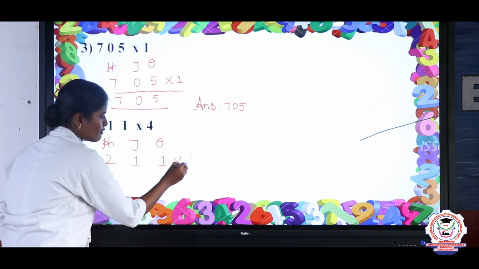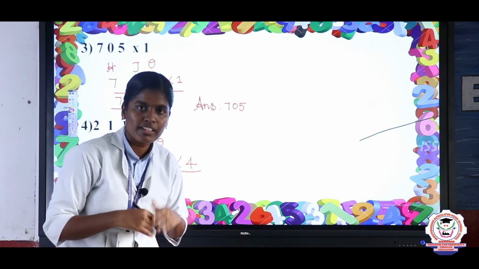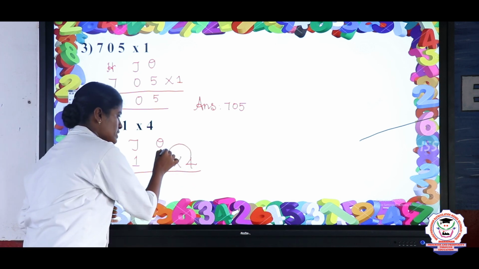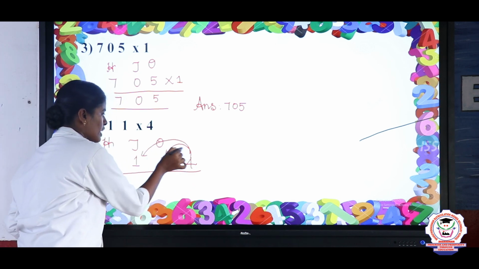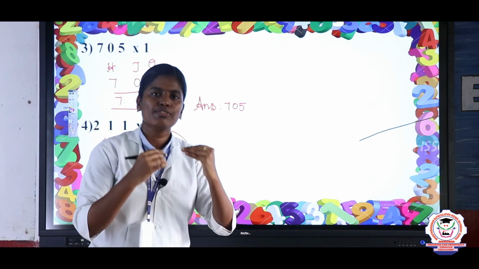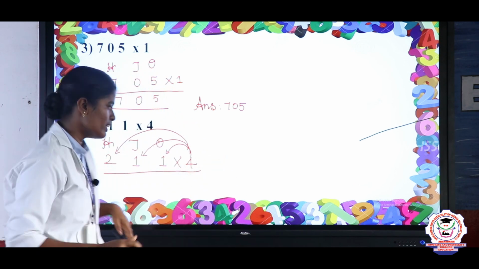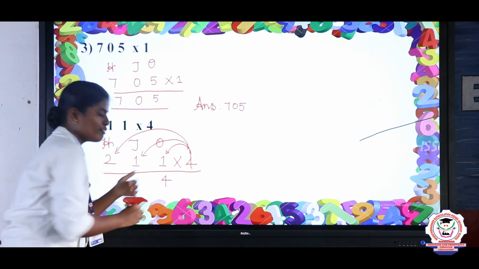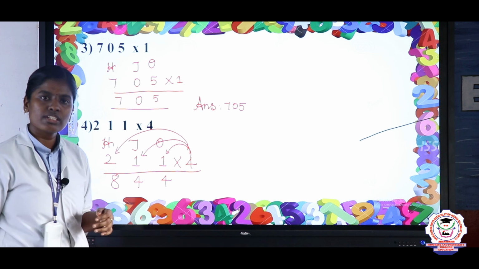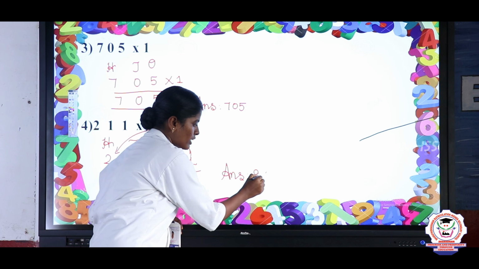The multiplier is 4. Now you take 4 and multiply by all the numbers. So take 4 ones are, next 4 ones are, next 4 twos are. So what is the answer? 4 ones are, that is 4 times 1, so 4. The next one is 4 ones are 4. The next one is 4 twos are 8. So write the answer: 844.